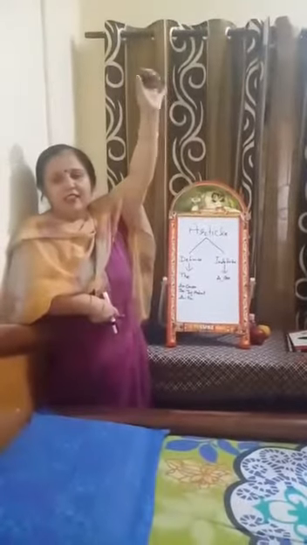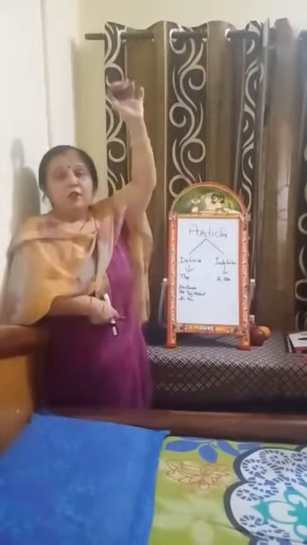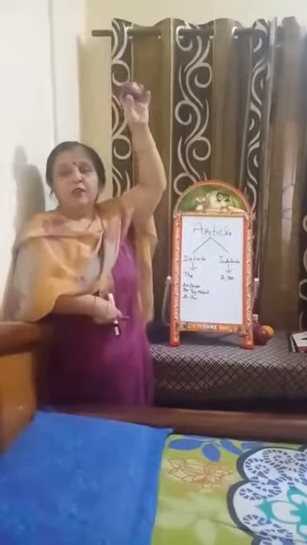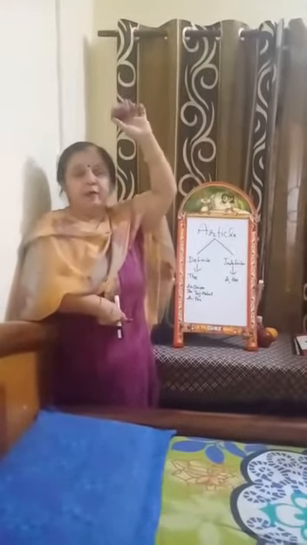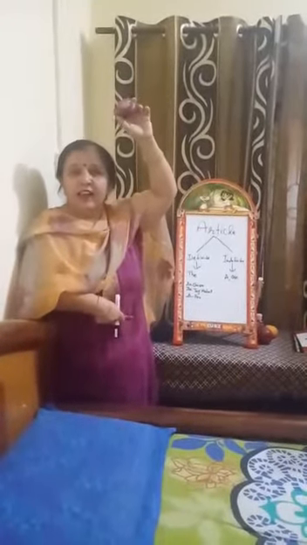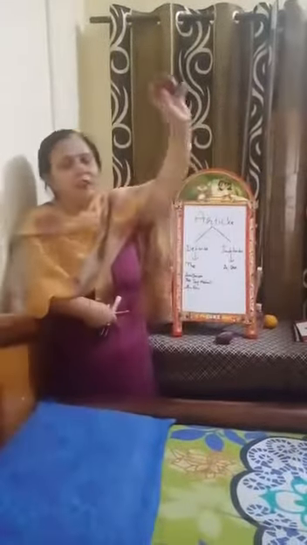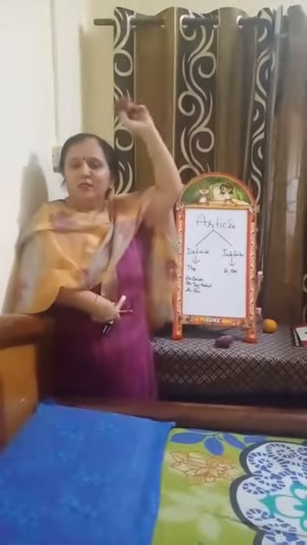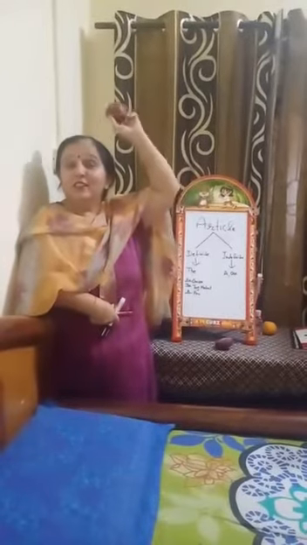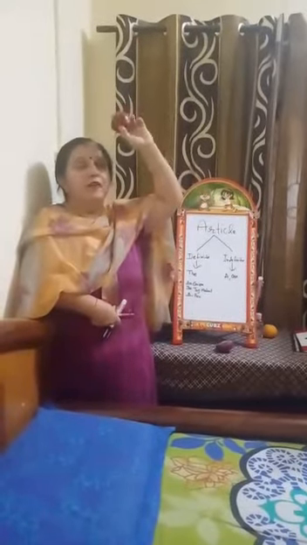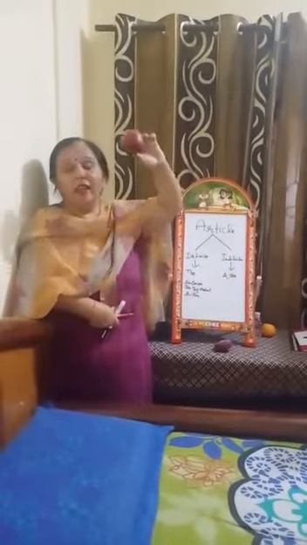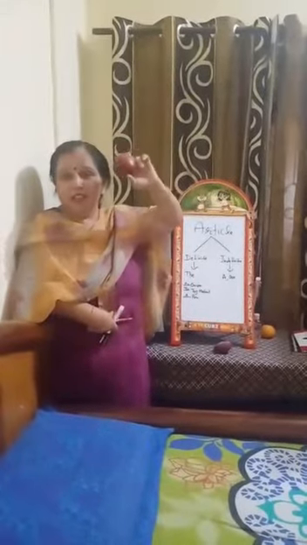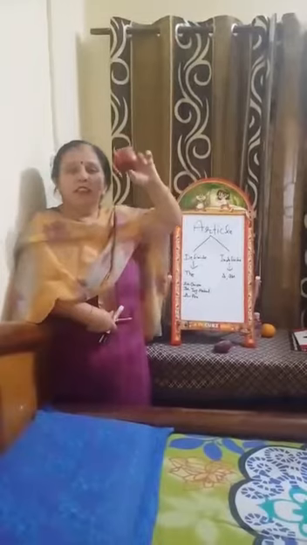Just have a look there. What is it, students? It is an onion. What is the spelling of onion? O-N-I-O-N. Before onion, what should we write? An. And the next thing is, what is it? Doctors generally use that, dash apple a day keeps the doctor away. So, what is it? An. Why an is there? Because in apple, the A sound, the A alphabet is there.